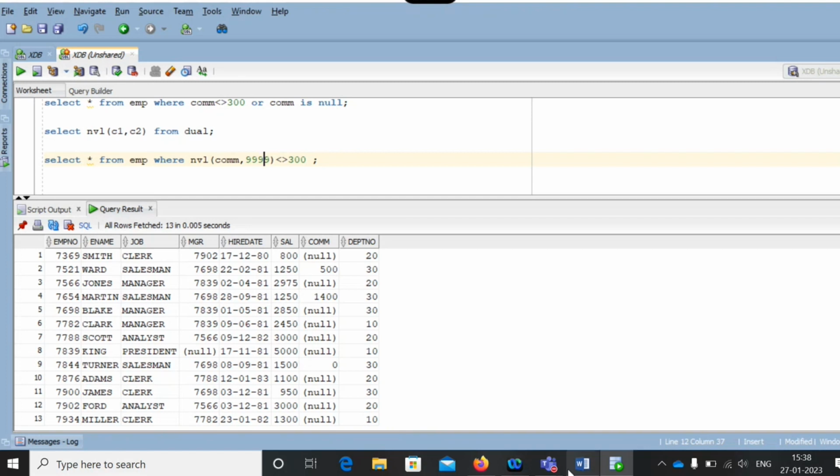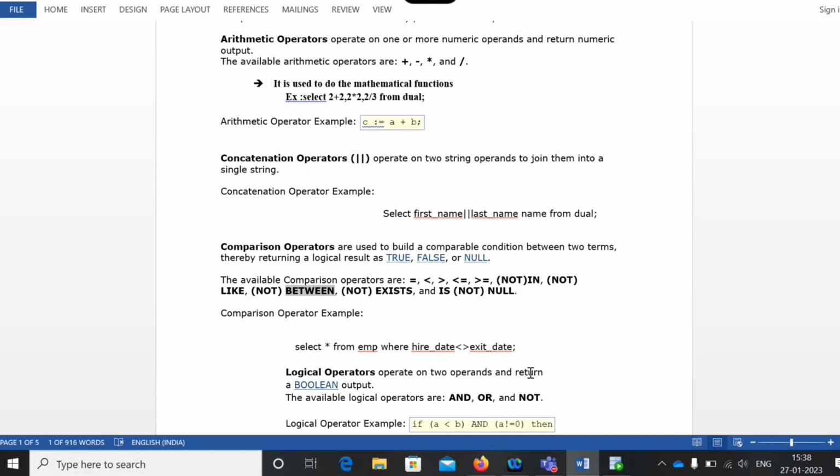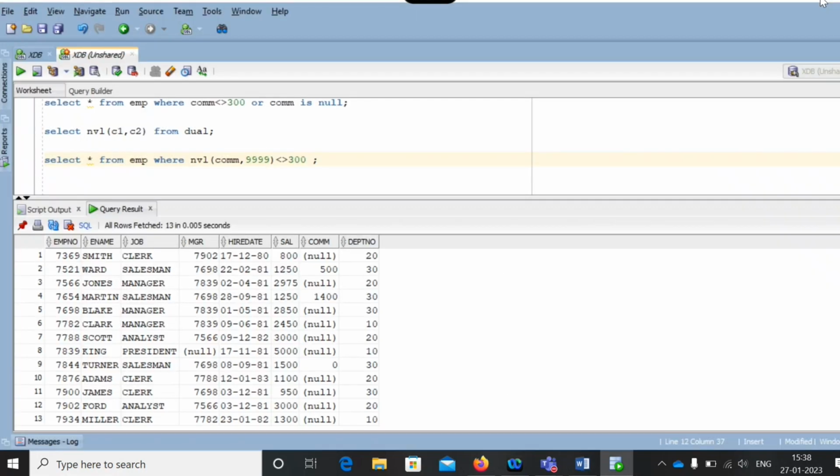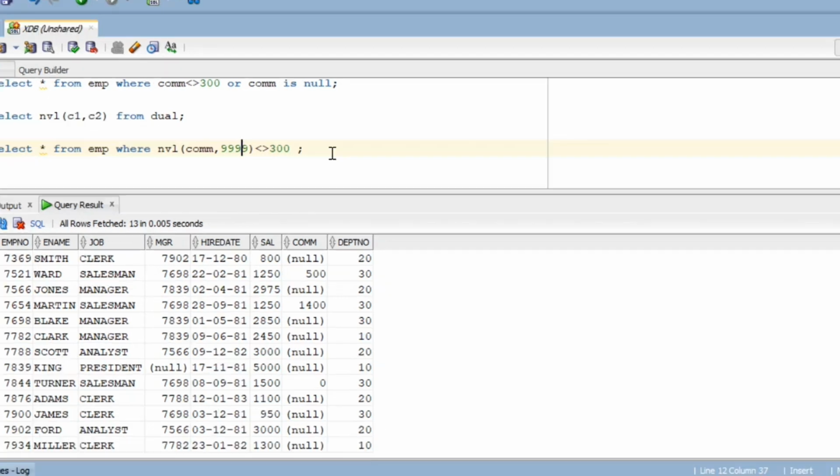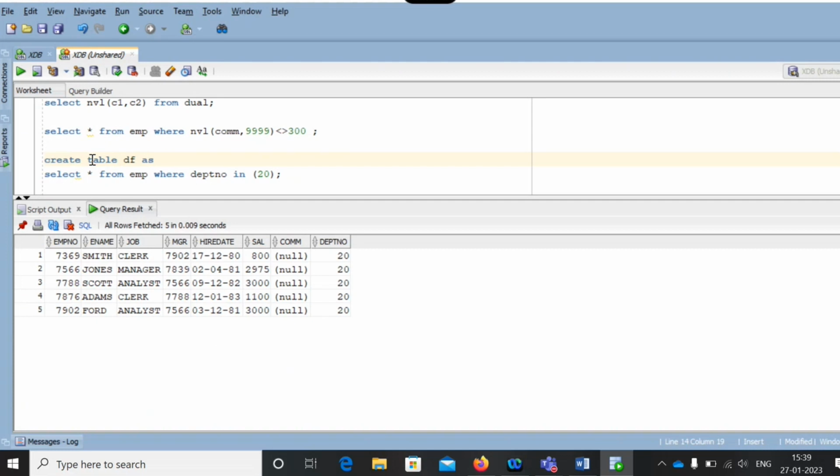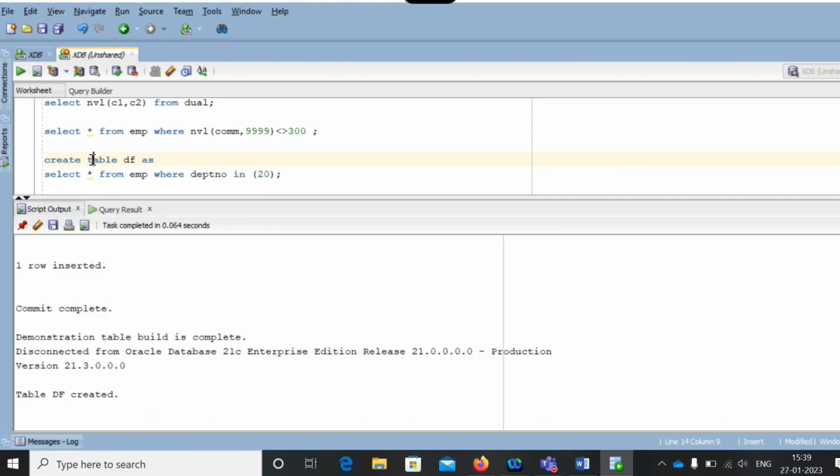Okay. Now we have other things. Exists, not exists. See, the exists operator, the way the in operator is getting executed, the same way exists also will work, but exists will be faster than the in operator. Why? See, we have EMP and DF.